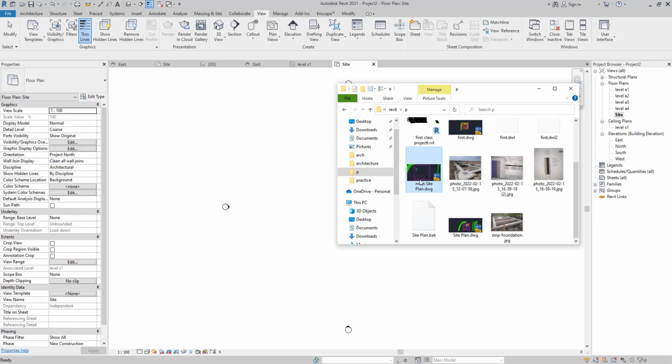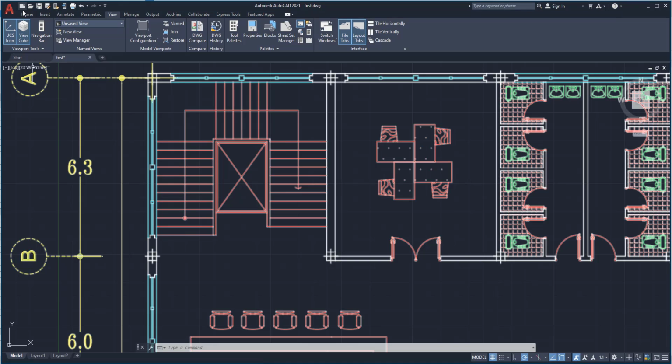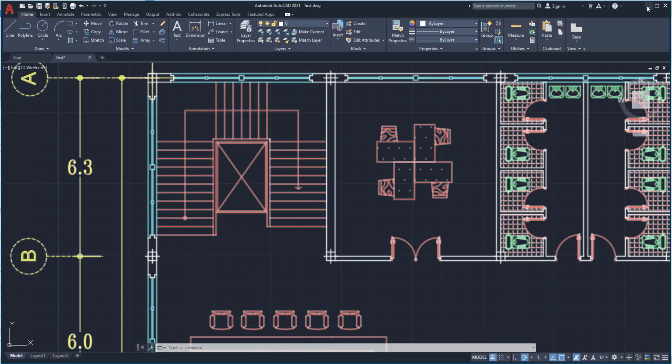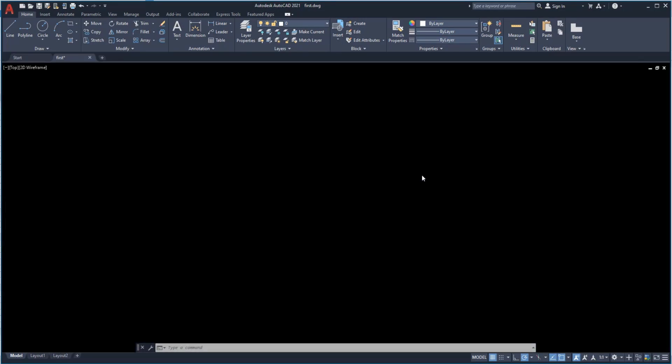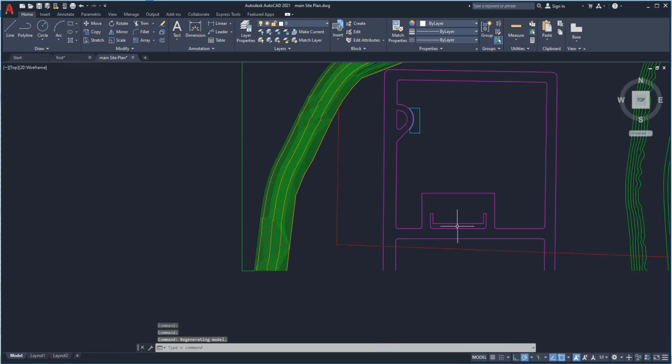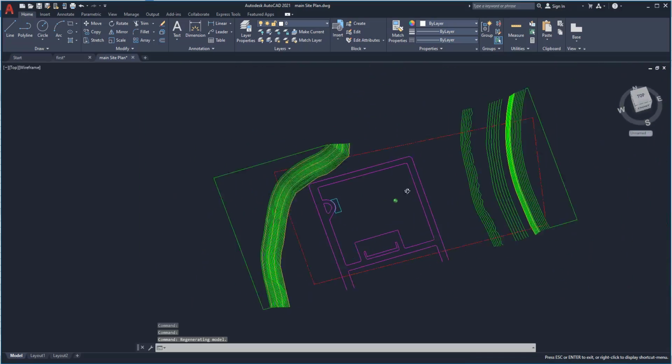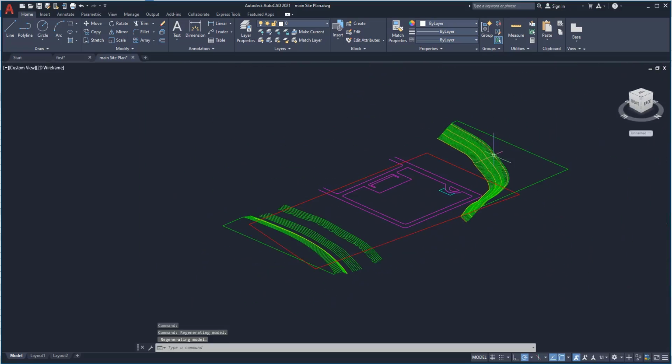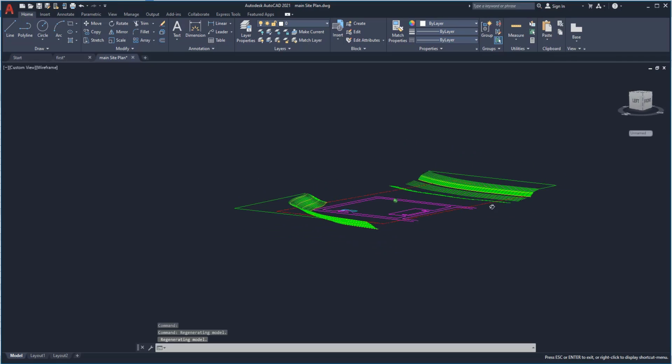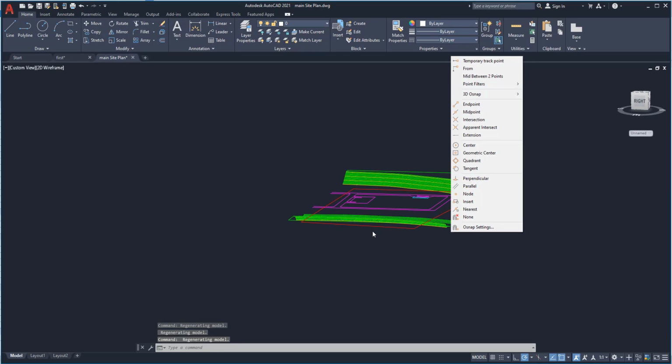I'm going to open my AutoCAD file. I can just click and open it from here again. By opening my AutoCAD file, we are going to check how it is 3D. As you see, it's required to be 3D